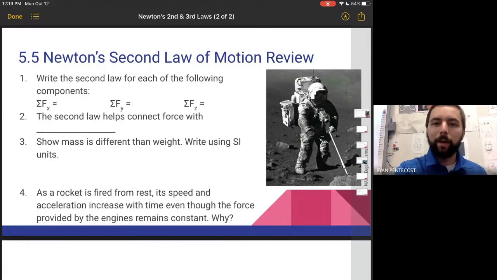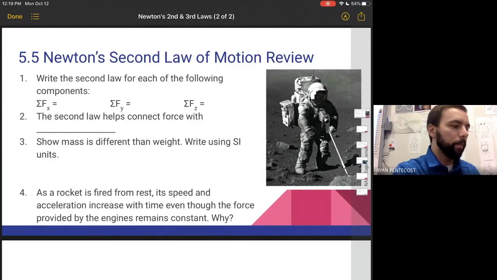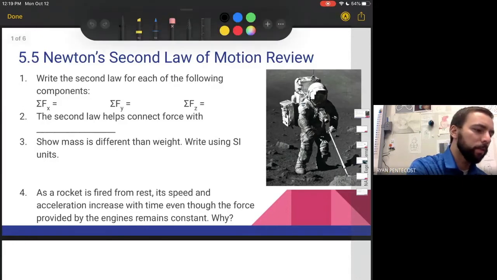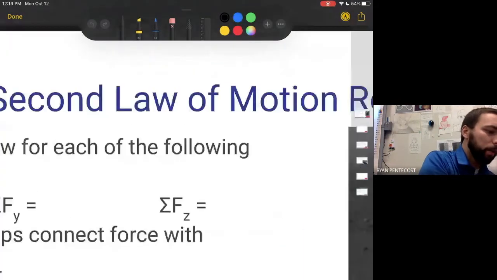Hi, everyone. So today we're going to talk about Newton's second and third laws. So, Newton's second law of motion review. First, let's go over what Newton's second law is. If you ask a physicist what Newton's second law of motion is, they would tell you that it is